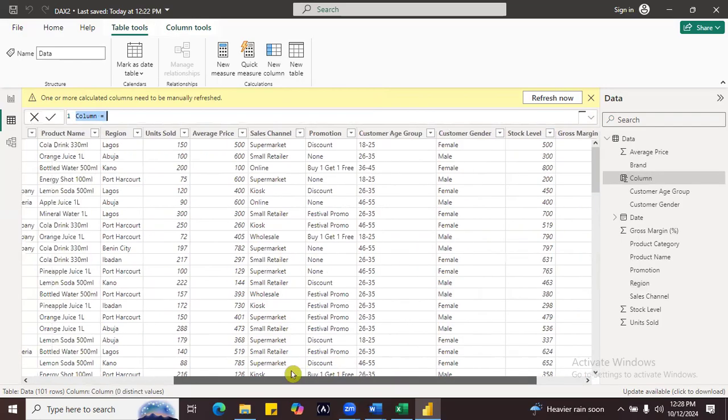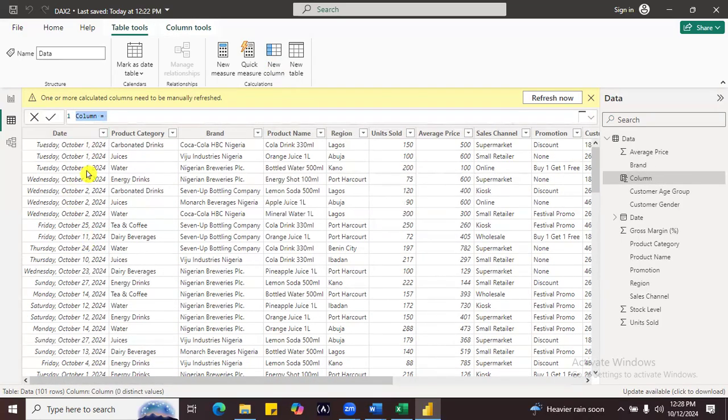So what did we want to do originally? We wanted to separate the year, right? So we can write a formula by stating the name of the column first. That's why you see "Column =". The name of our column in this case will be Year. So let us have Year =